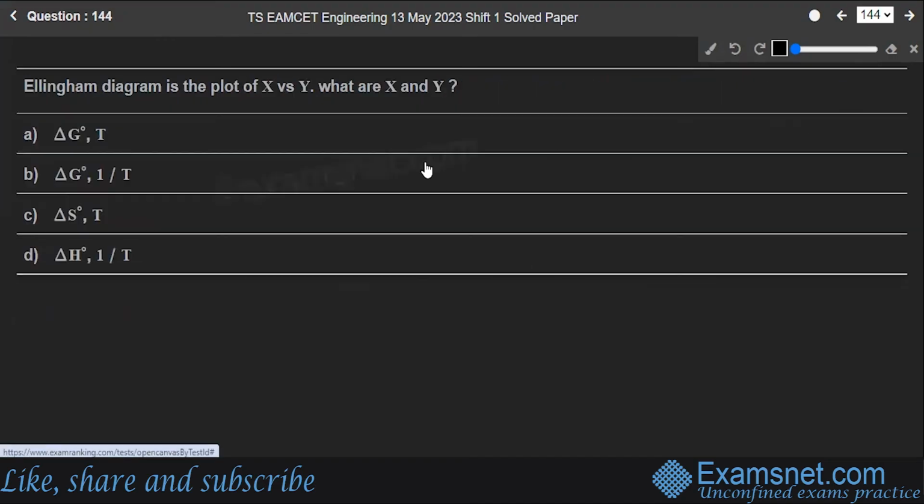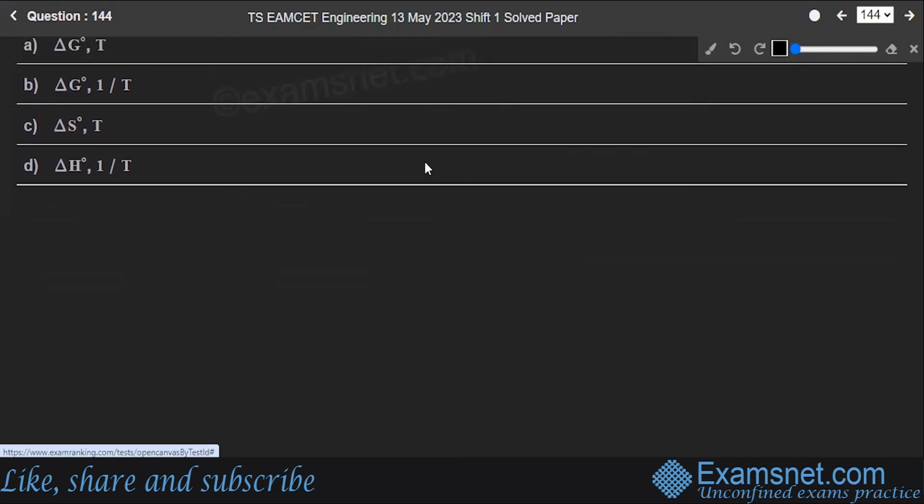Hope you understood that. Next is question 144. An Ellingham diagram is the plot of X versus Y. What are X and Y? See, the Ellingham diagram is a graph showing the temperature dependence of the stability of compounds. Therefore, it's a plot between the standard